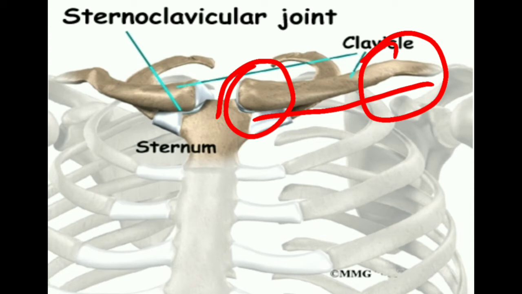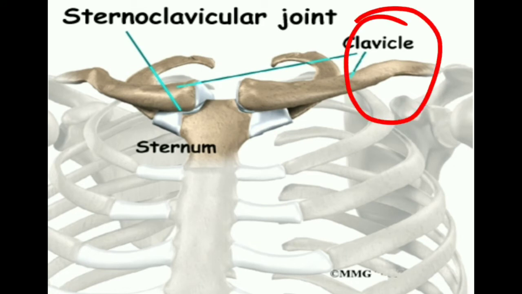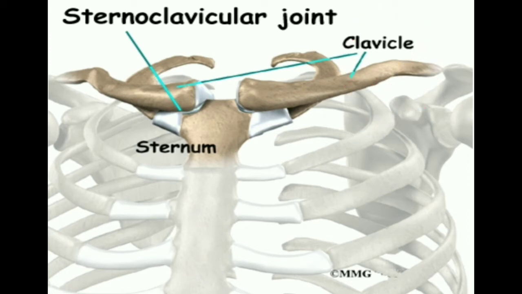So we are describing the motion with respect to the lateral end. By observing this end, that is the lateral end, we are taking the reference point. And now, what is elevation? Elevation is the movement of the lateral end of the clavicle upwards. So this is the lateral end of the clavicle. It moves upward. That is known as elevation.